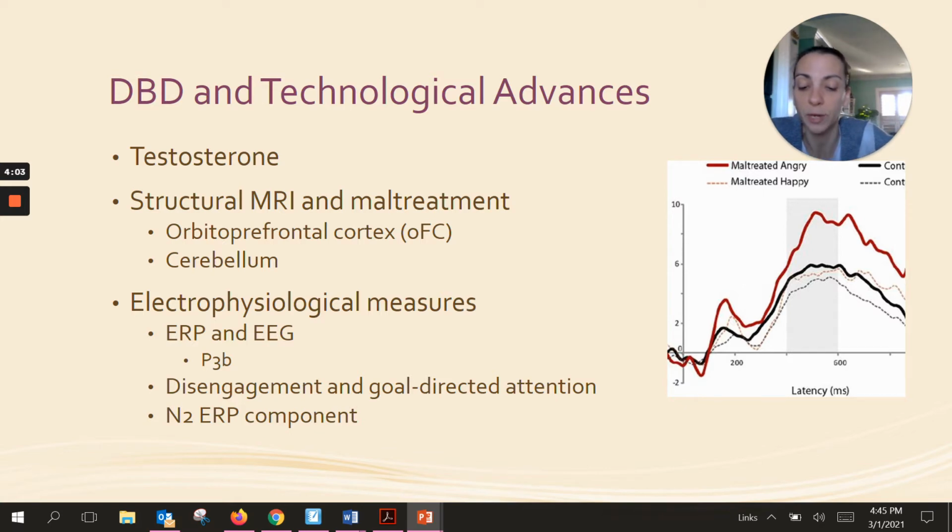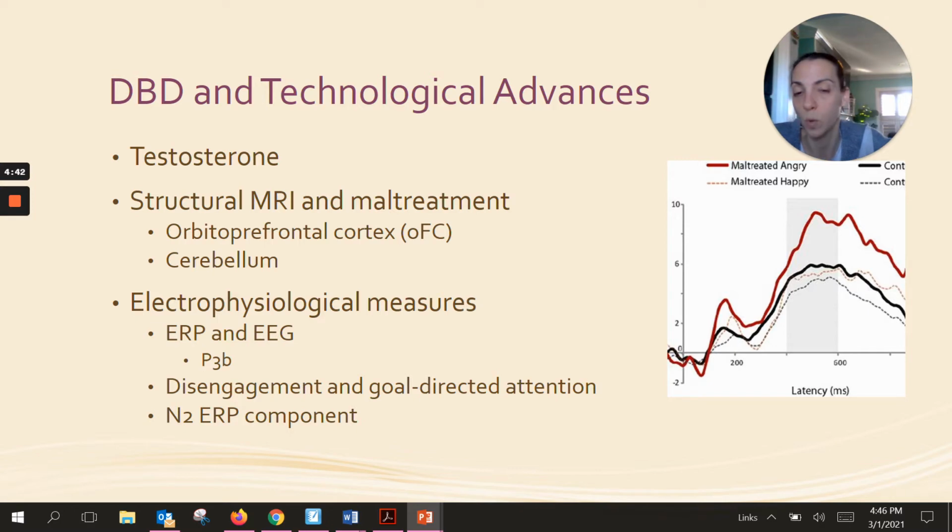Structural MRI and maltreatment. So they've been able to tell that there's a difference in brain structures between those who are typically developing and those who are physically abused. They can also tell that there are differences in the brain's neuroresponses to anger. So if a child is in an MRI, usually a functional MRI, and they're shown some type of anger cue, so either a picture of somebody who looks angry, or an angry or raised tone of voice, they show anger differently than children who are typically developing.